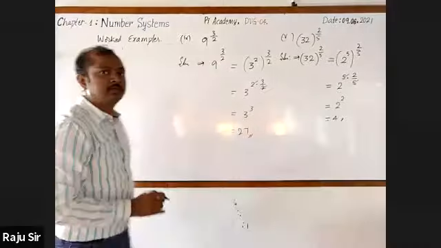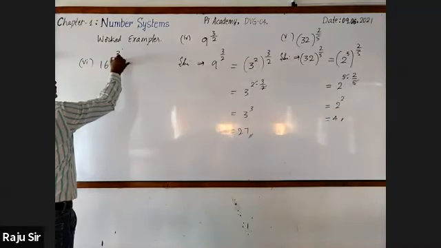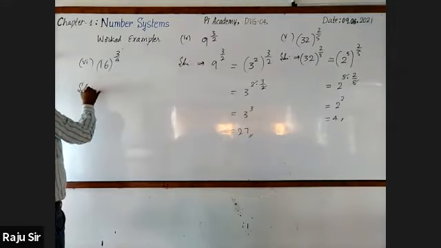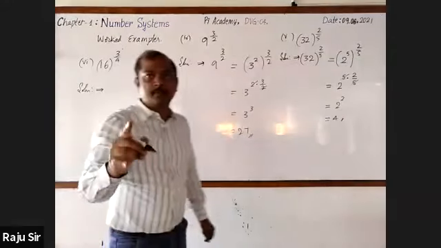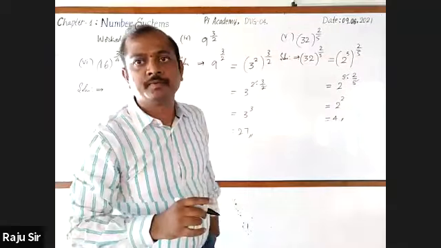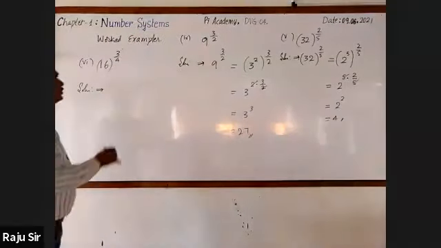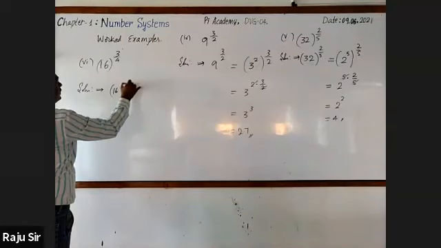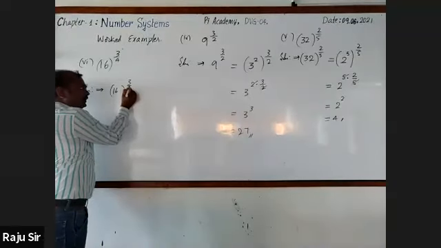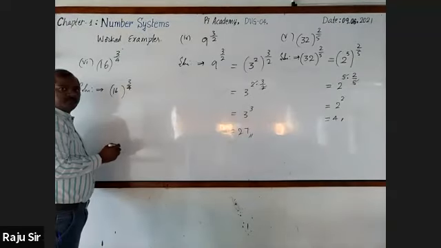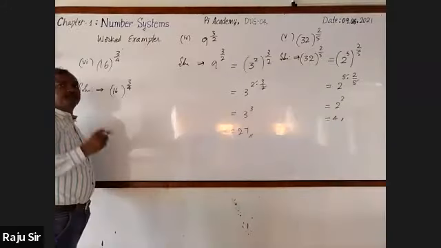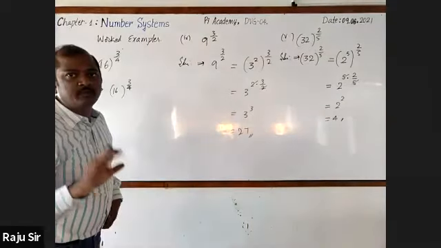If it is completed, now you write the sixth one. It is 16 raised to the power 3 by 4. And this time, I expect a response from Shreya. Shreya, could you tell how to write 16? Sir, 4 square. 4 square is there, but in the denominator 4 is there. Then how can it be written in exponential form other than 4 square? Sir, I'll say. Wait, let her try.